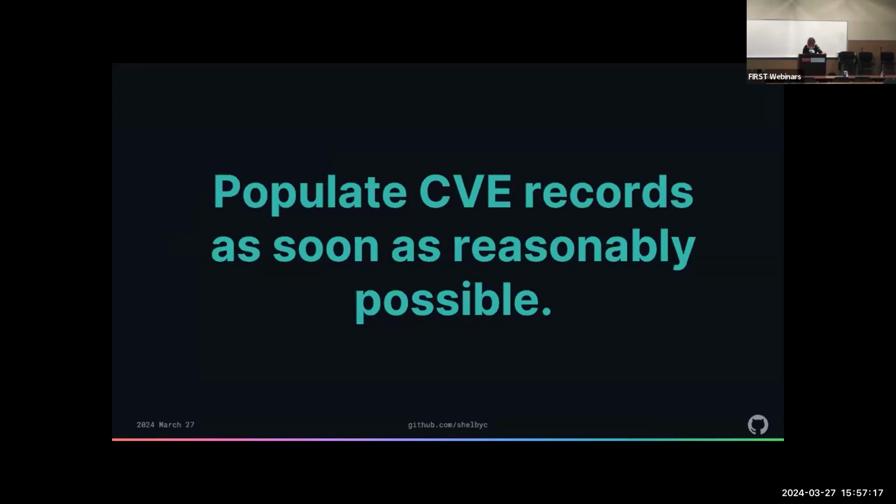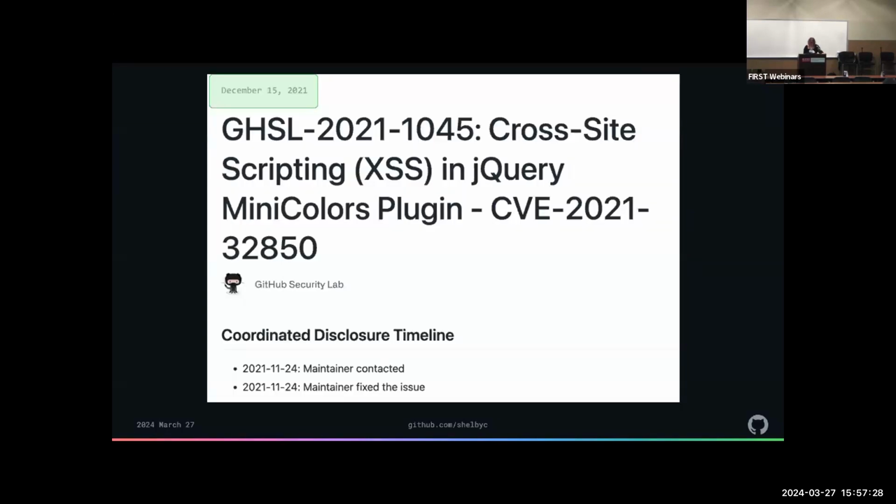I encountered the consequences of not publishing a CVE record in a timely fashion when I was working on clearing GitHub's reserved but public backlog in early 2023. This is a blog post from the Security Lab, the larger team at GitHub that I work on. It was published in December of 2021,